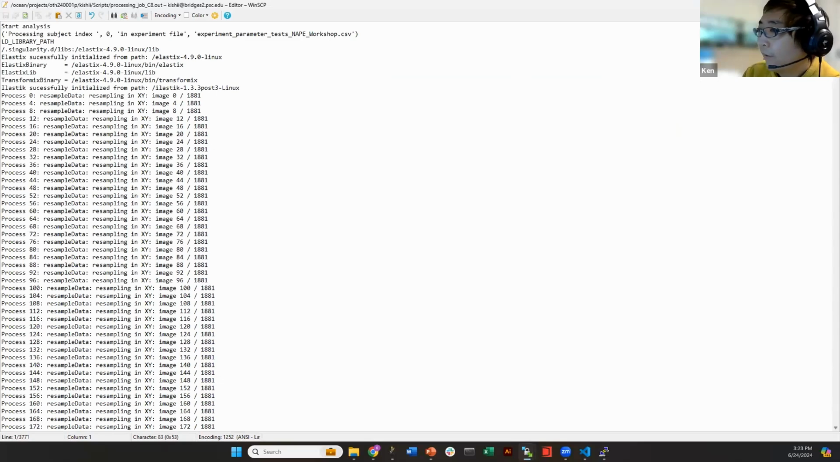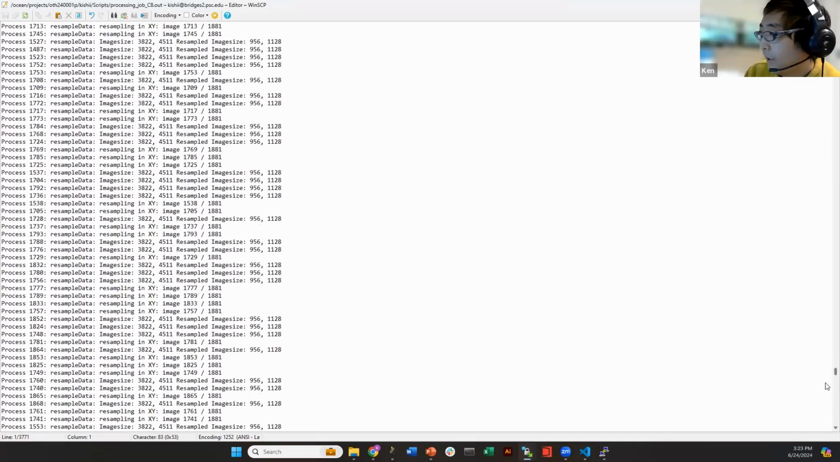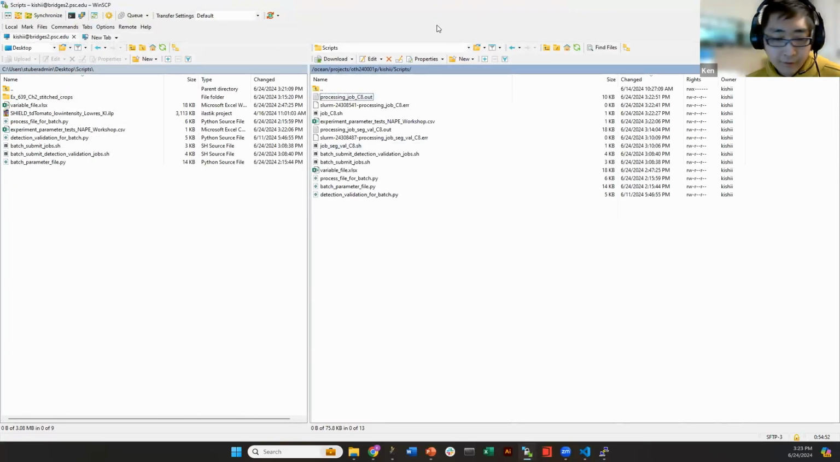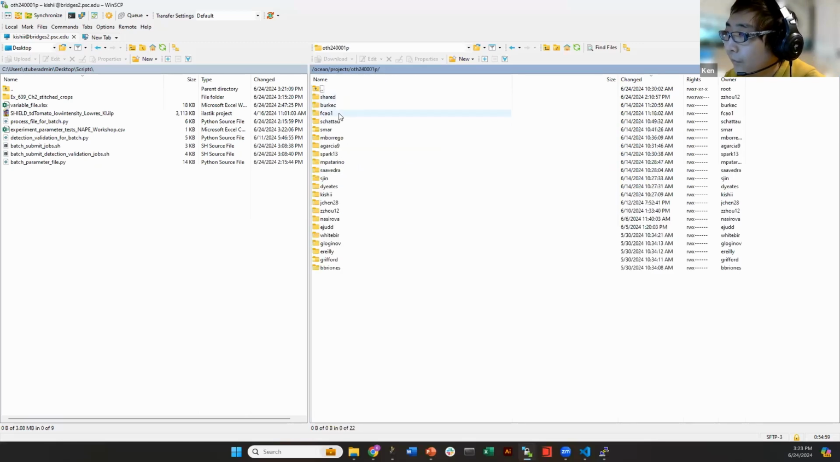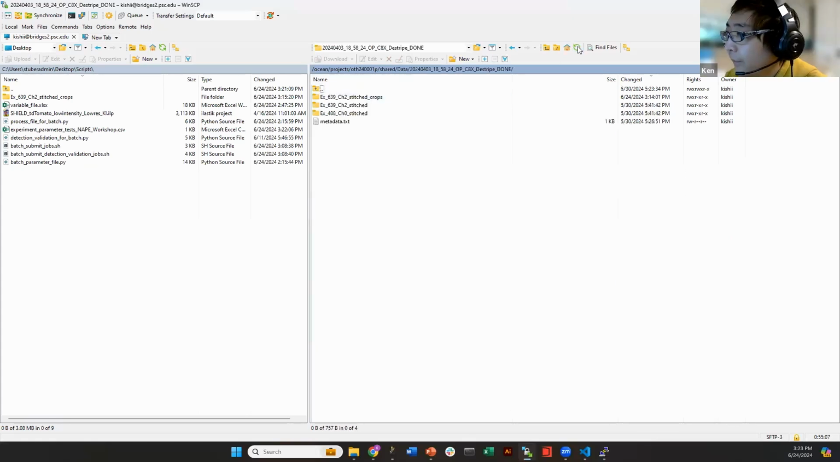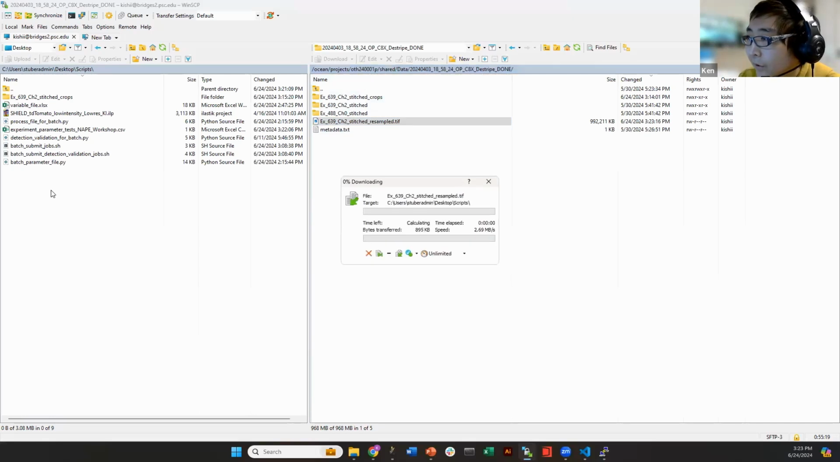Currently, the files are going through a very dramatic resampling and reorientation process. It will take probably like 5 to 10 minutes, I think. Okay, actually, this is good. So now we have some images created. It's continuously making new images and exporting them. So if you download this,